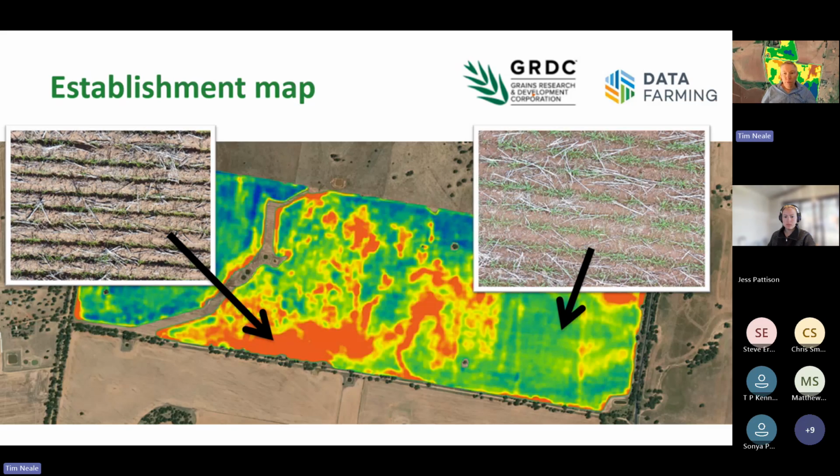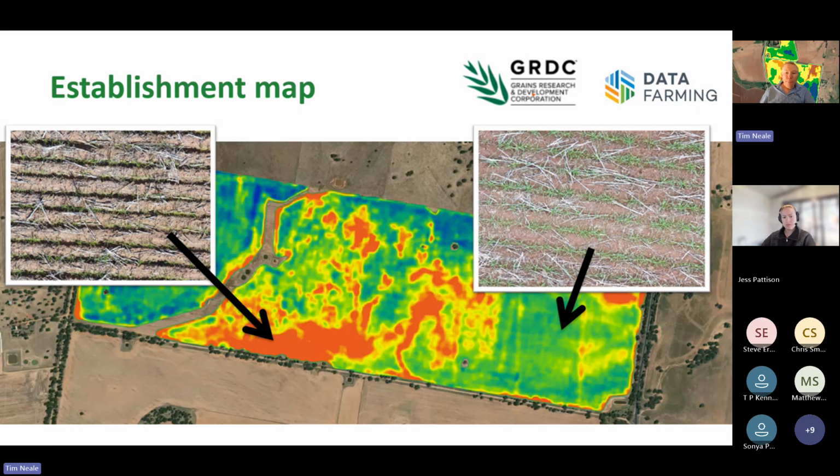So it provides that early indication. We're also building a product which is not going to be released for now, but that will actually do a change detection between images to look at this in even more detail. But for now, just the image will provide that sort of early warning signs, if you like, or indications where